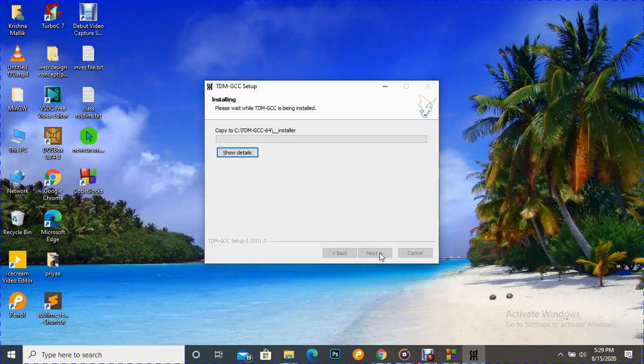Click install. Now it is going to install our files to the C drive. Files are being copied.